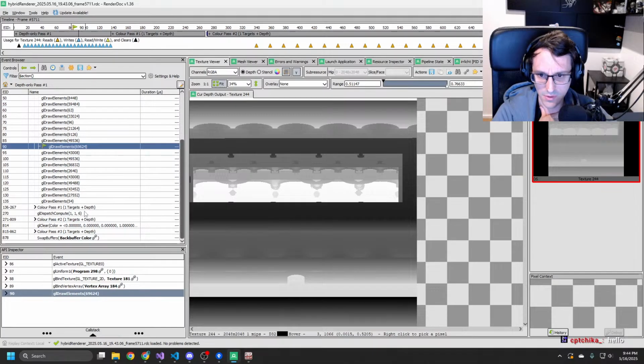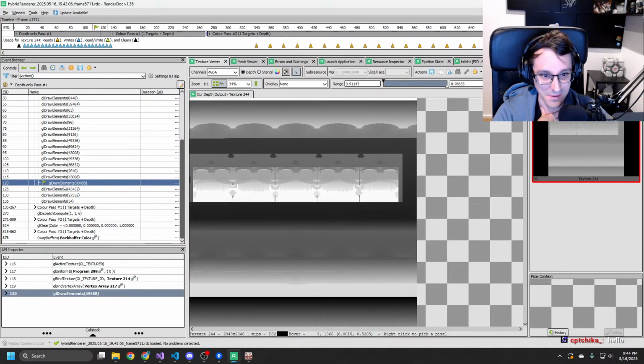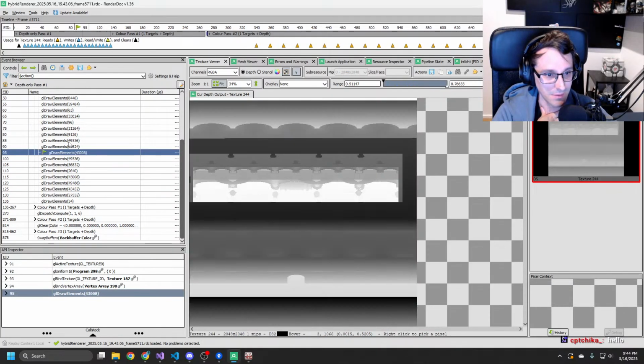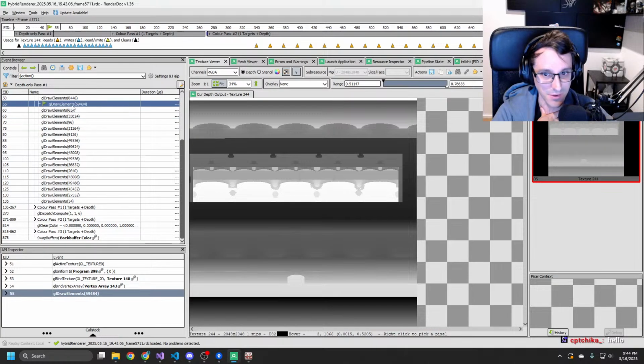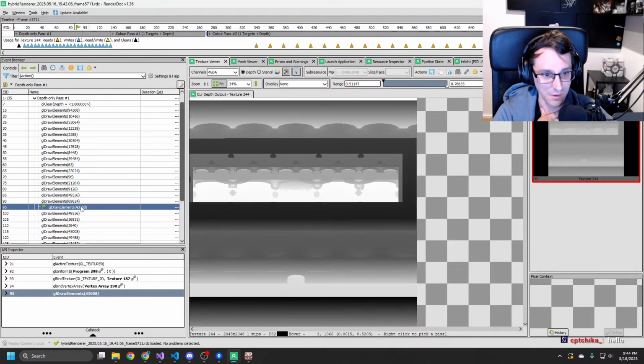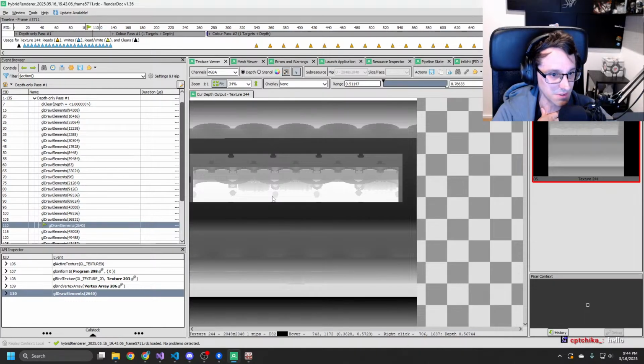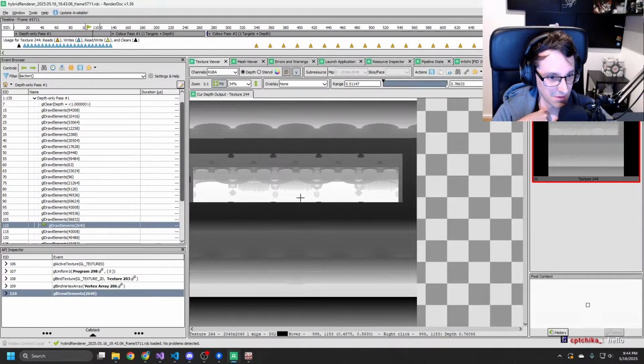Am I stupid? What? Why is it a top-down representation of the depth? What? Alright, whatever. Close and far. Okay, I mean it's the same. But that's bizarre.